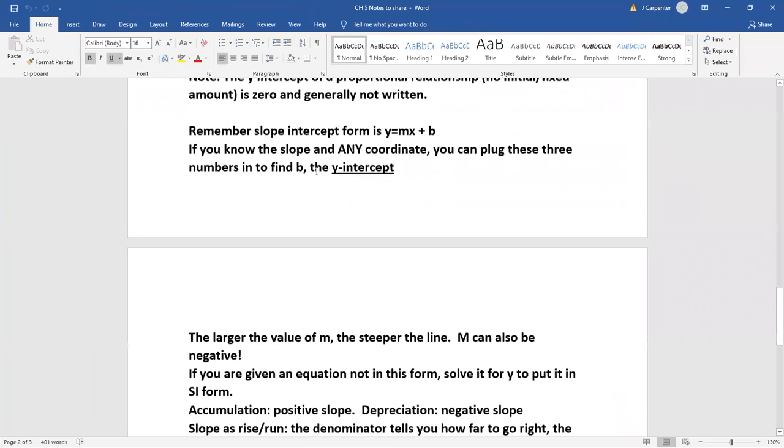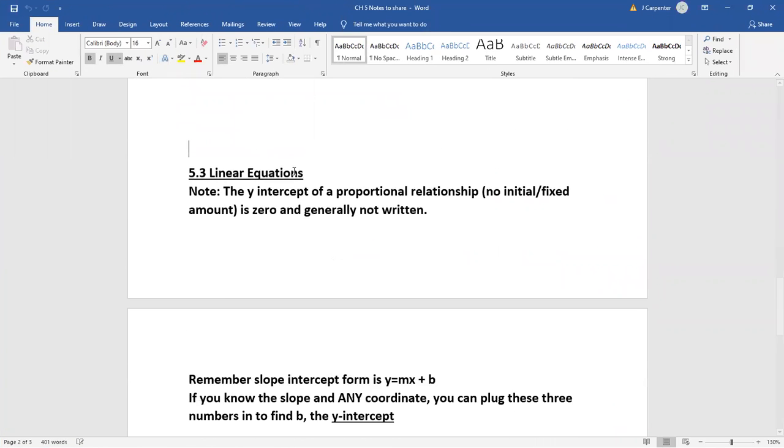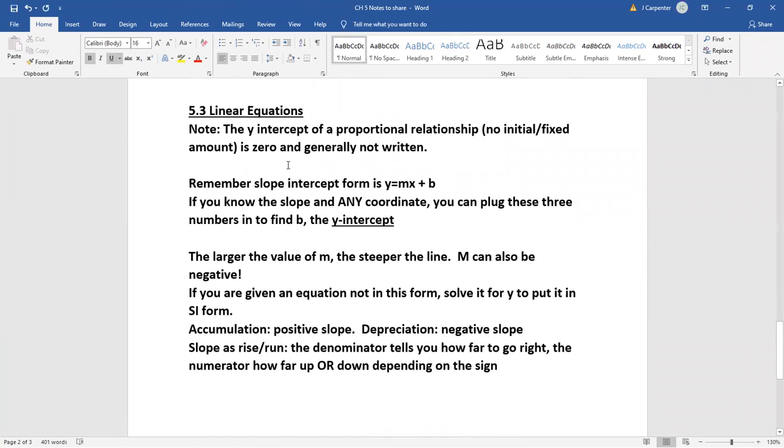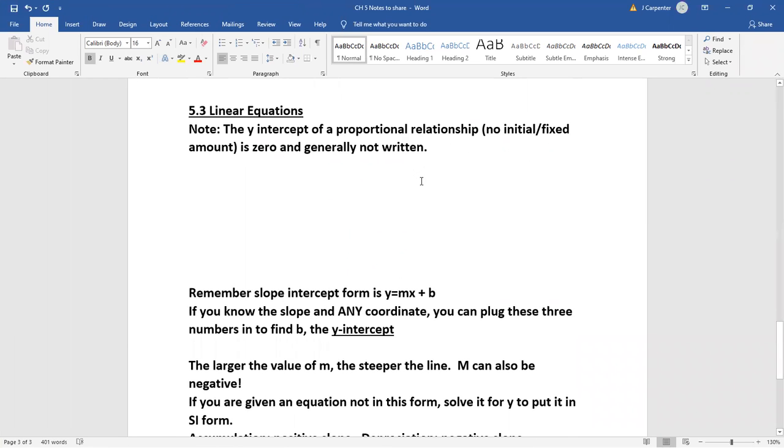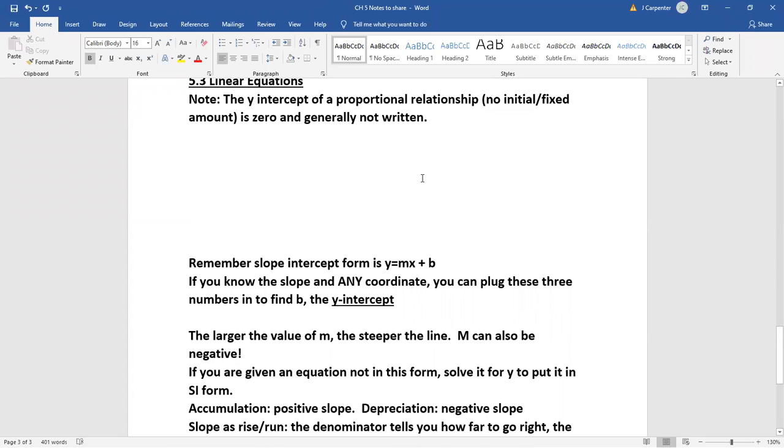In 5.3, I don't really have a lot to go over because I've already gone over almost every single one of these aspects with you. So this is not going to be seen very long. I'll put a couple of graphs up here as reminders, but again, this is nothing new. I have already talked about all this. I don't really know why 5.3 is a section besides the guided activities, but it is what it is.